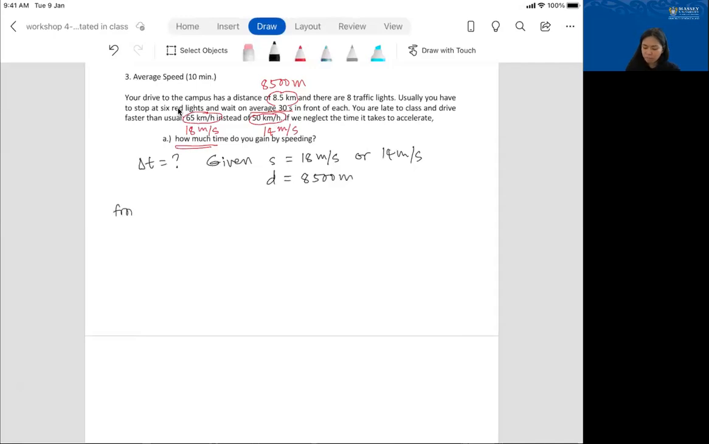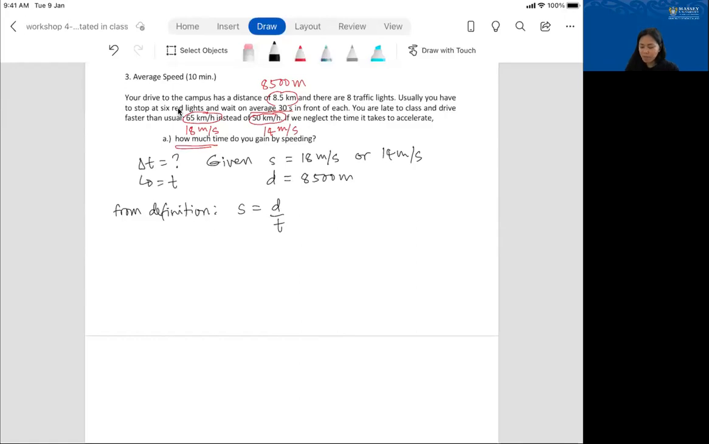So from definition, speed is equal to distance over time. Okay, and we need to figure out the time. So we're assuming that t initial is equal to 0. That's when you start traveling. So delta t will just be, we can just write delta t as t for simplicity. And we're just looking for the time it takes you to travel the distance of 8,500 meters. Now we have to rearrange this equation